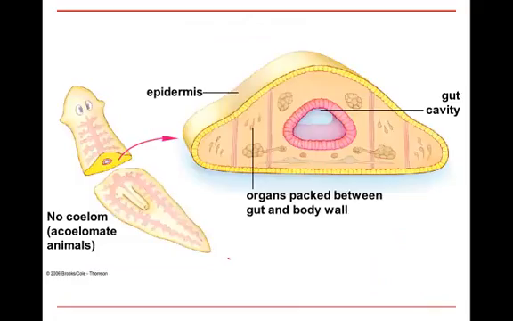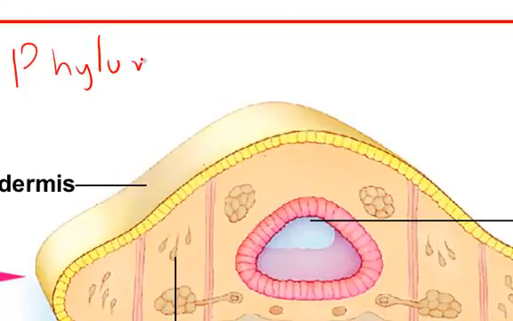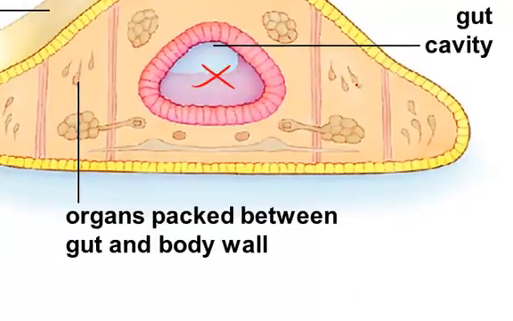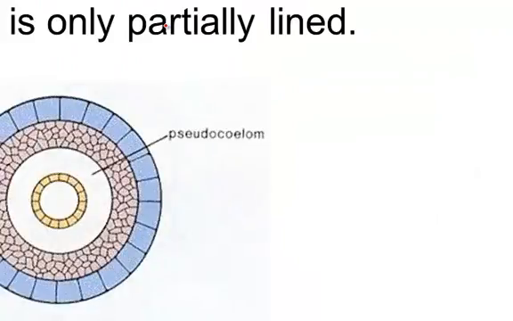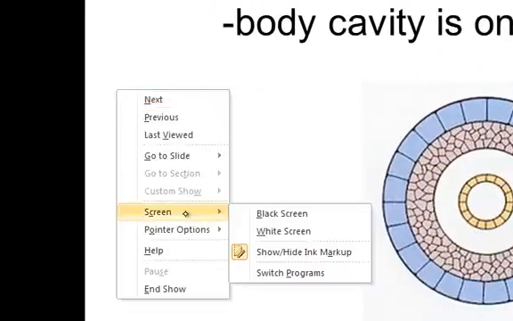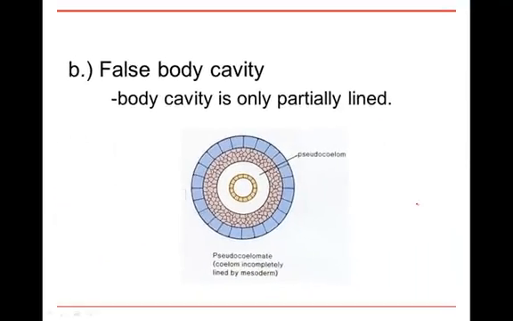Okay? And an example of this would be phylum Platyhelminthes. So these are the flatworms, one example that have no body cavity. So there's a gut cavity, but then this is all solid in here. A second possibility with regard to the body cavity is to have a false body cavity. In this case,